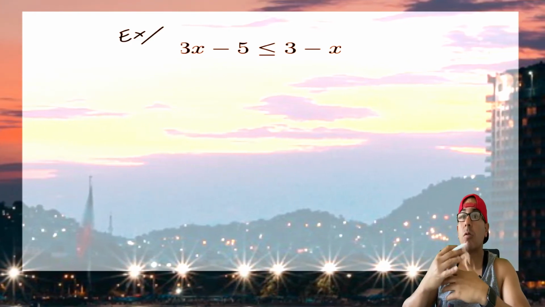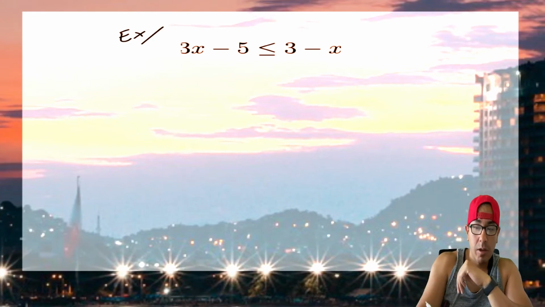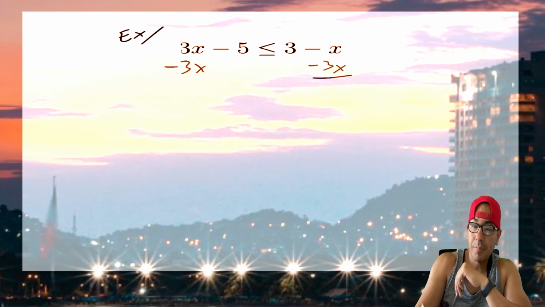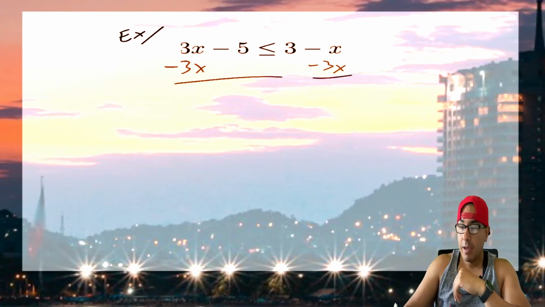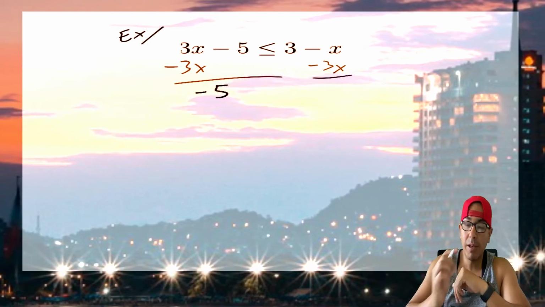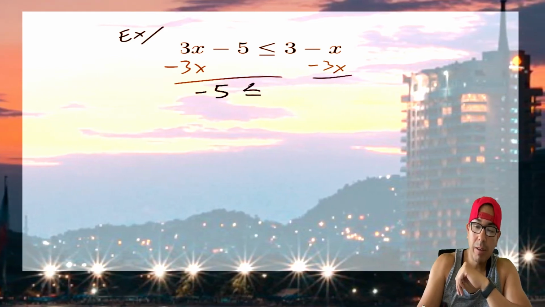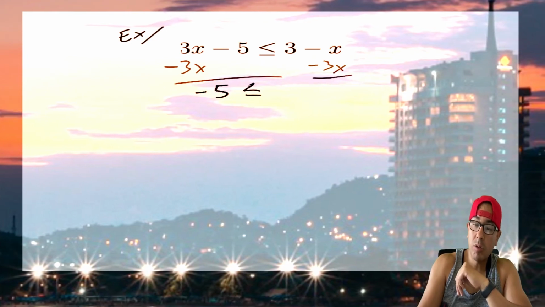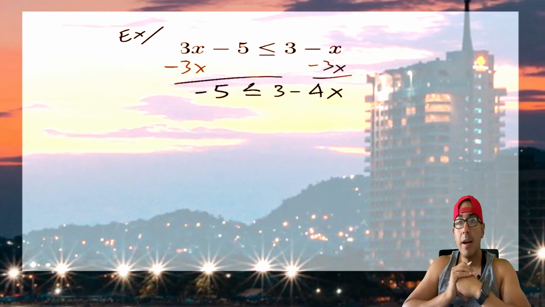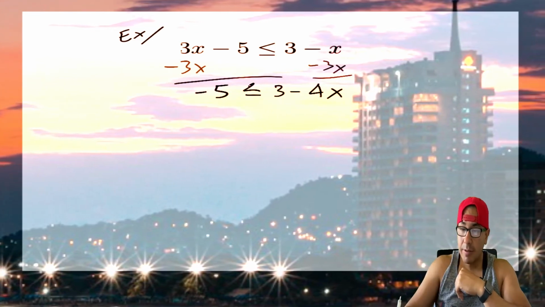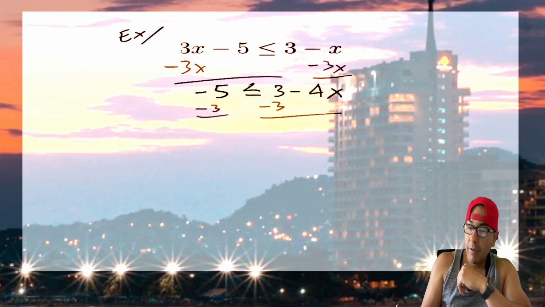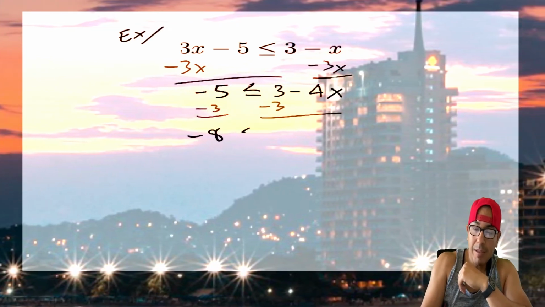All right, and this is where we have to be comfortable with the language. So let's say I move the x's to the left-hand side. No real difference except I'm going to point something out in a few minutes. So we're left with -5 is less than or equal to 3 minus 4x. Let's go ahead and subtract 3 from both sides. And you're left with -8 is less than or equal to